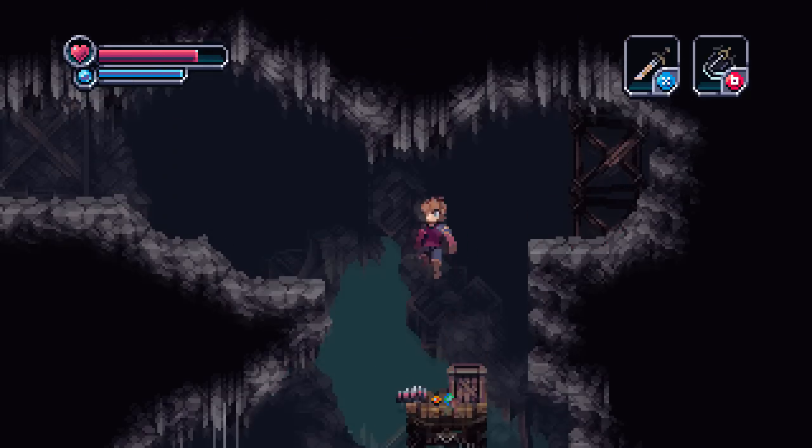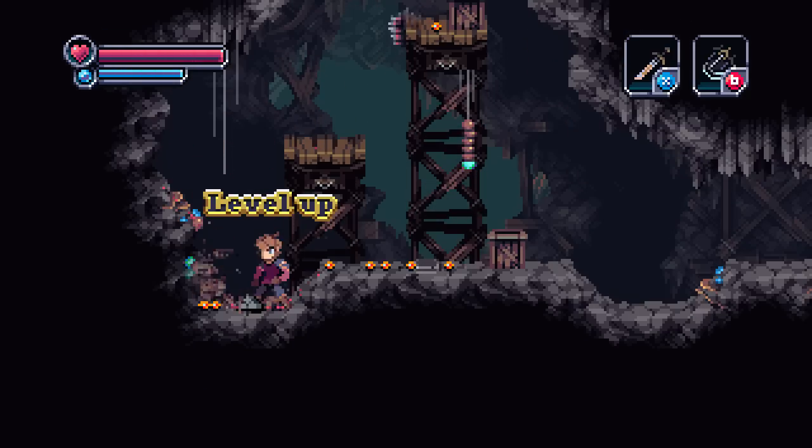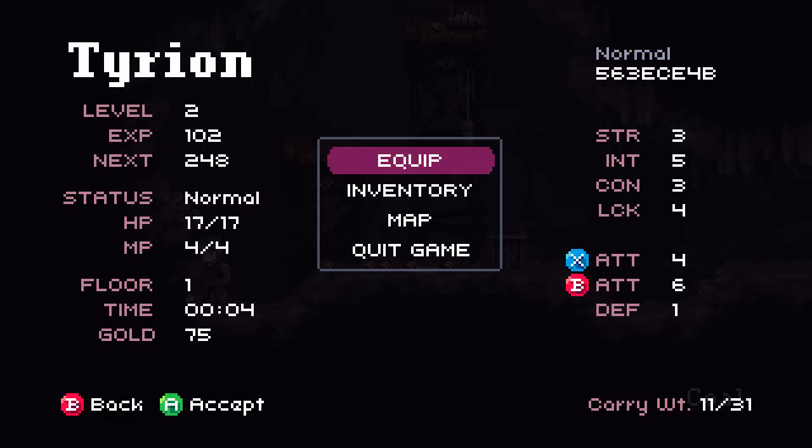I always prefer to deal with those enemies with the blades. Alright, we leveled up. And when we level up, the stat distribution is... I'm not sure how it's decided, if it's random or anything. Or maybe it's if you get hit a lot or whatever, but...